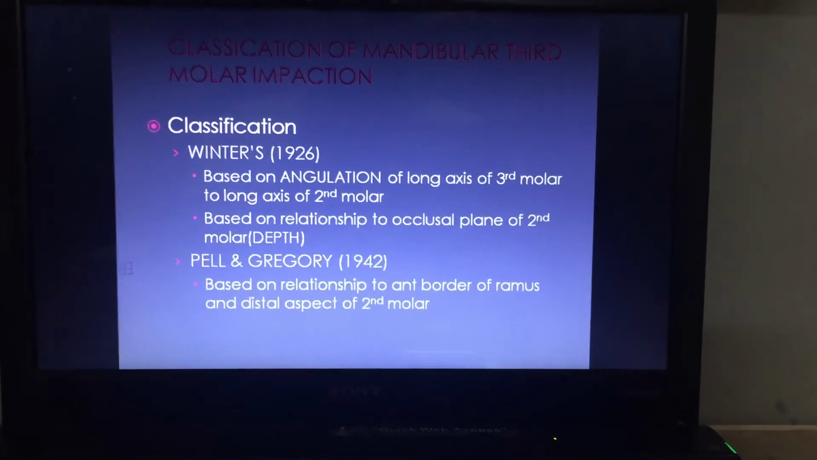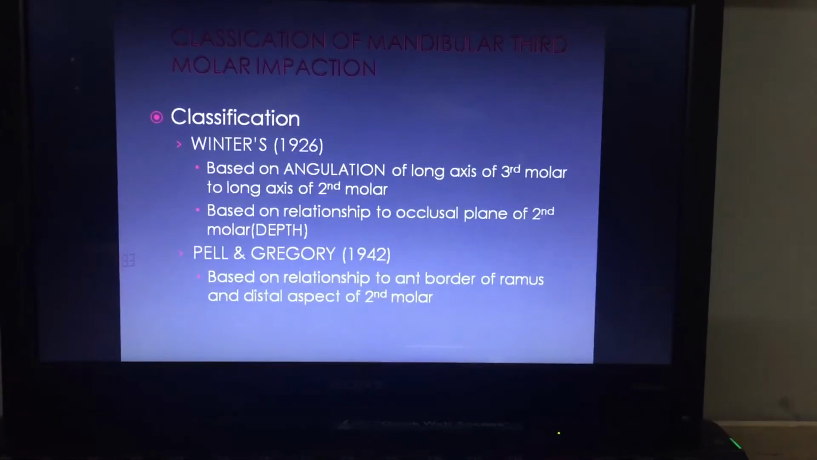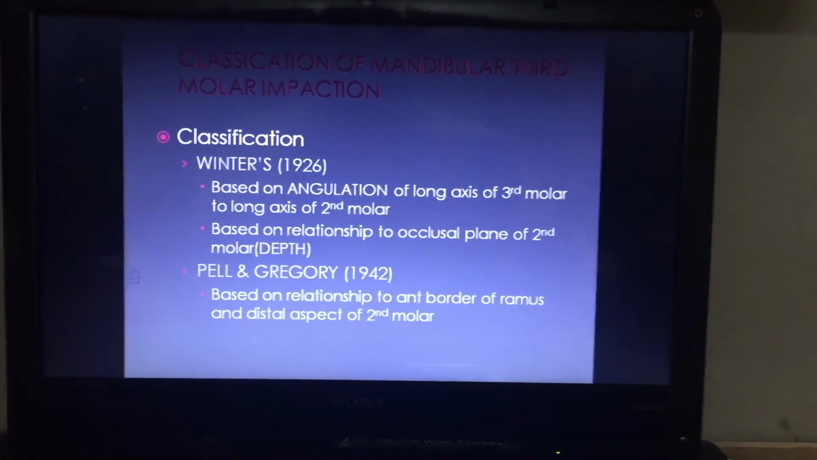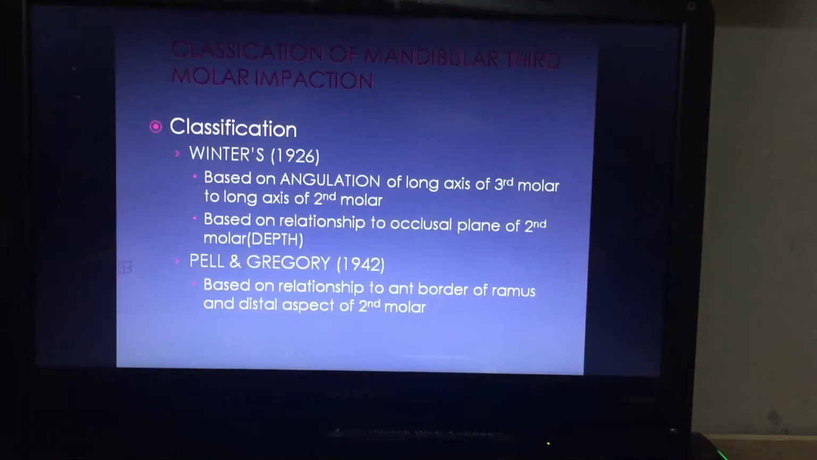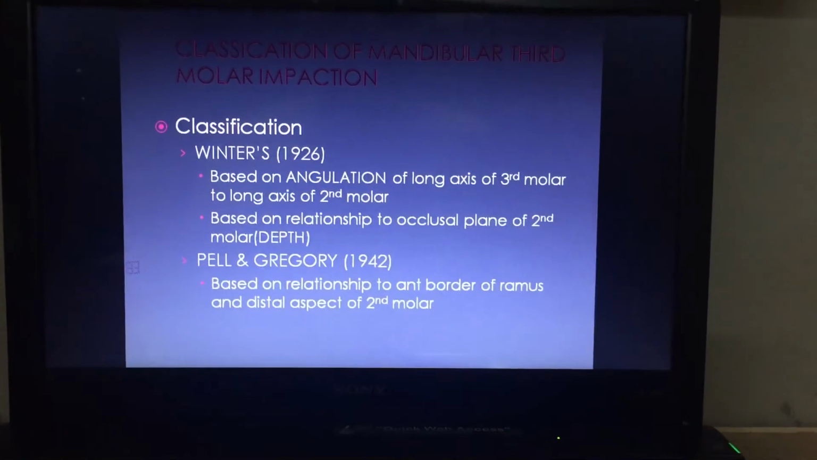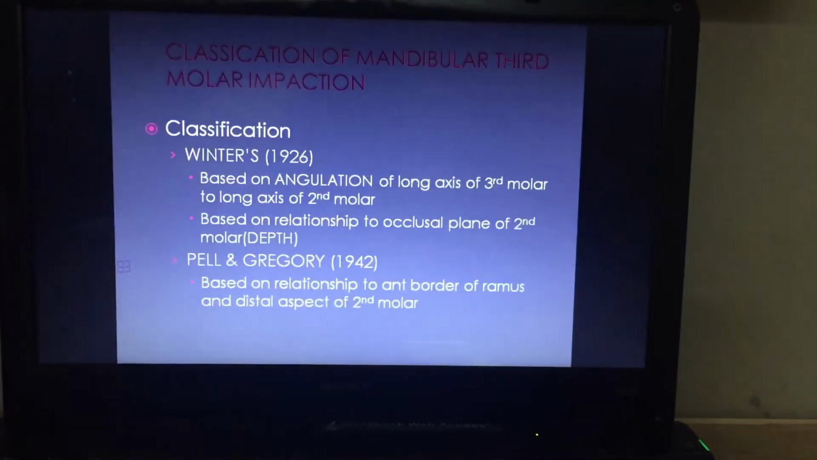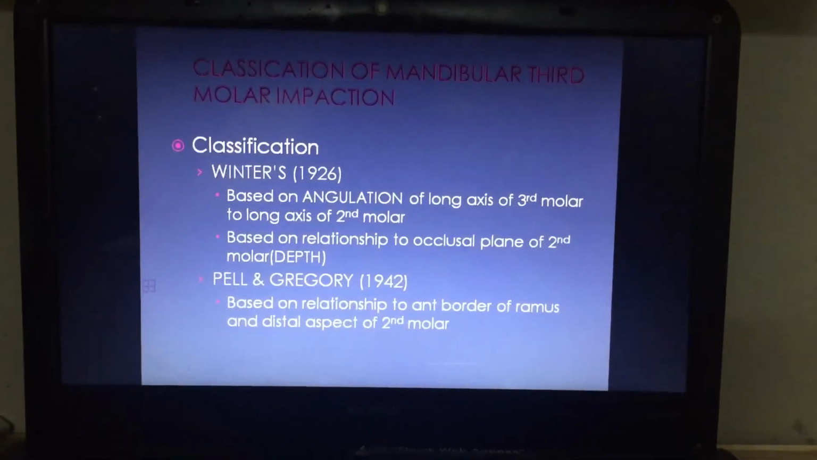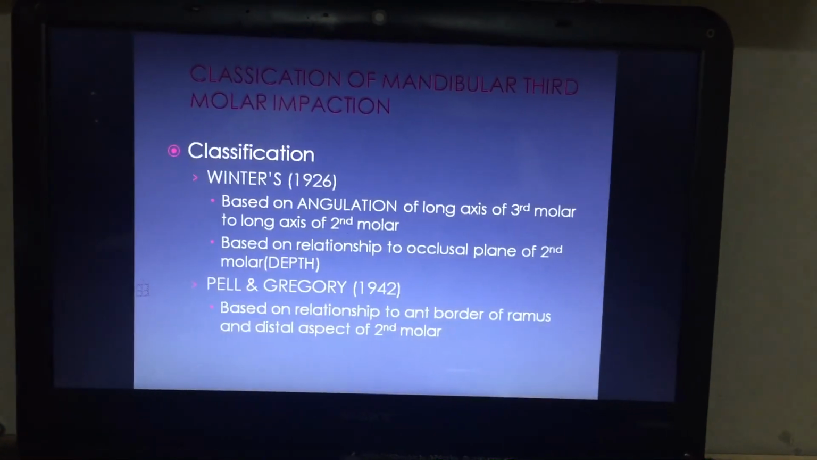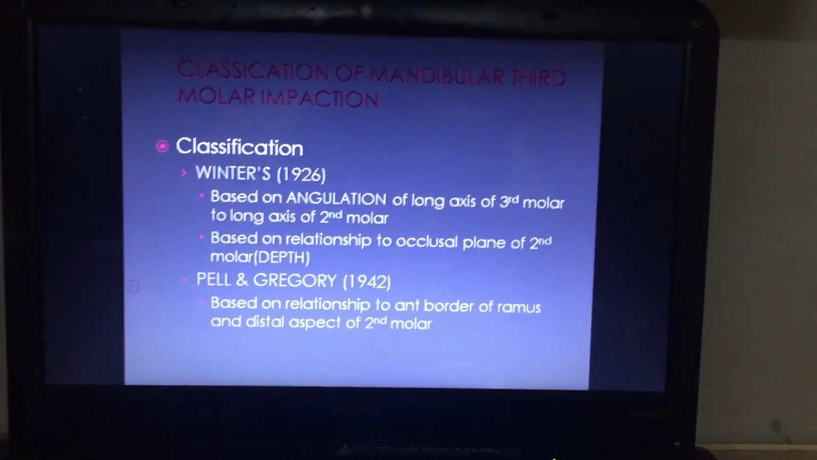Pell and Gregory, the other people, came in 1942 and also assessed other parts of the impacted tooth and designed a further classification which was based on relationship to the anterior border of the ramus and the distal aspect of the second molar. That means there was a relationship between the anterior border of the ramus and the distal aspect